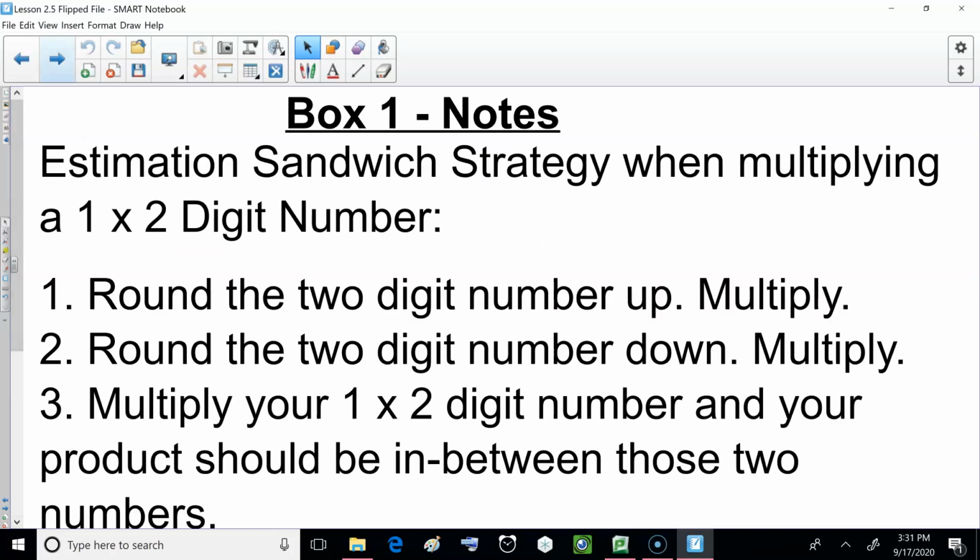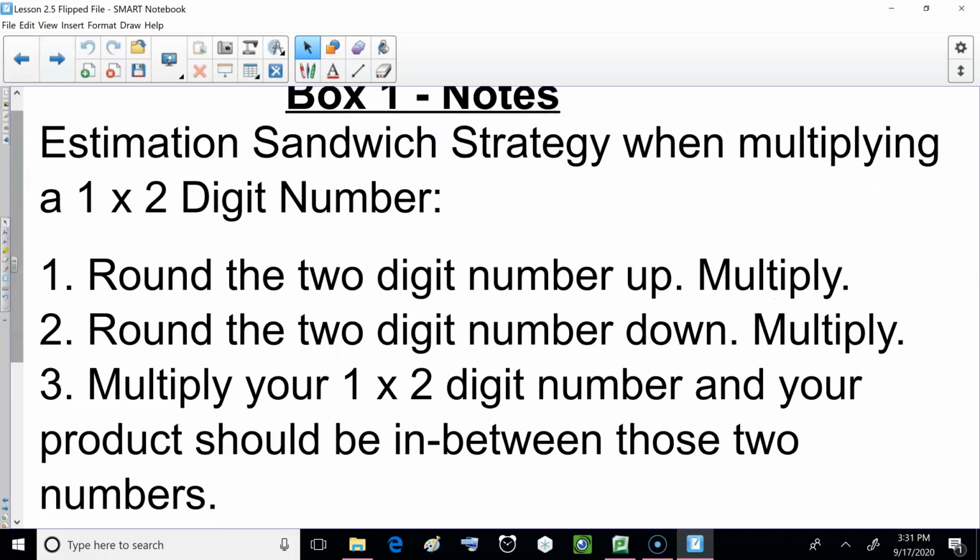So box one we want to write down is this strategy, the estimation sandwich strategy when multiplying a 1-digit by 2-digit number. So you're going to pause the video and write these steps down, and then we'll actually work through these steps together in a couple of practice problems. But notice here's a strategy. One, we're going to round the 2-digit number up, and we're going to multiply. We're going to round the 2-digit number down and multiply. And then we're going to multiply our original 1 by 2-digit number, and your product should be in between those